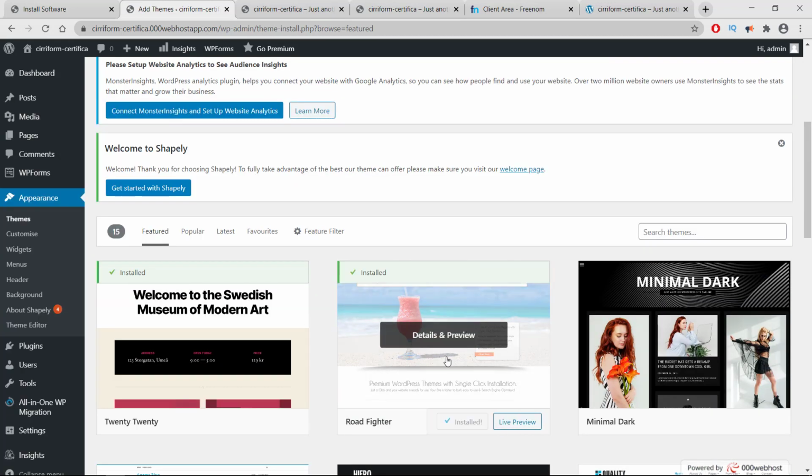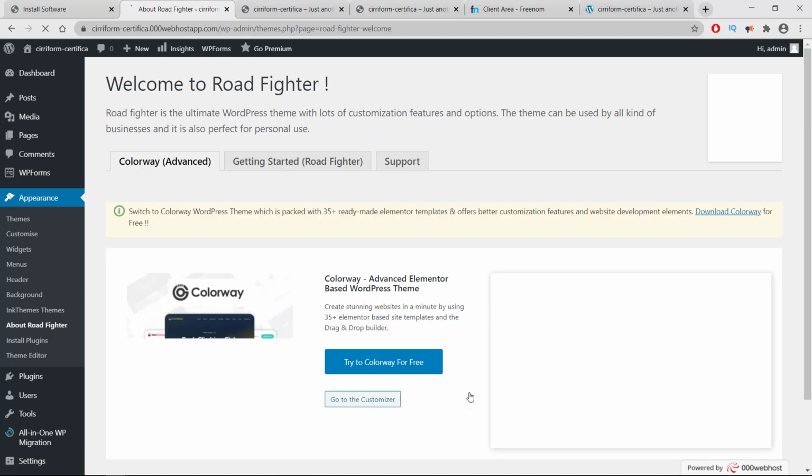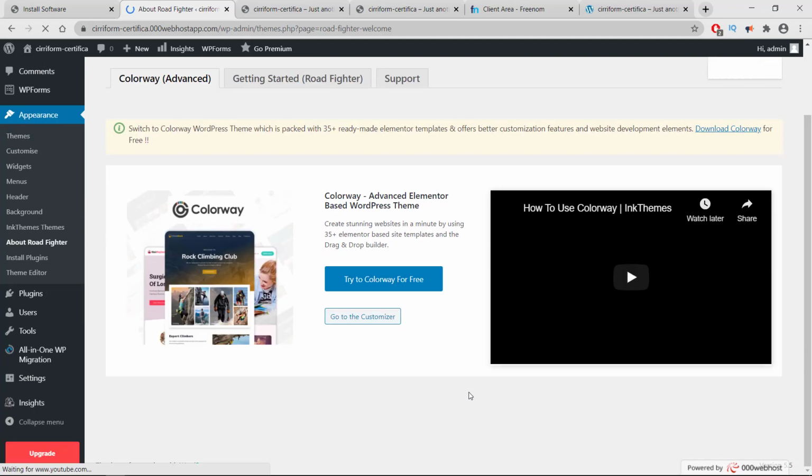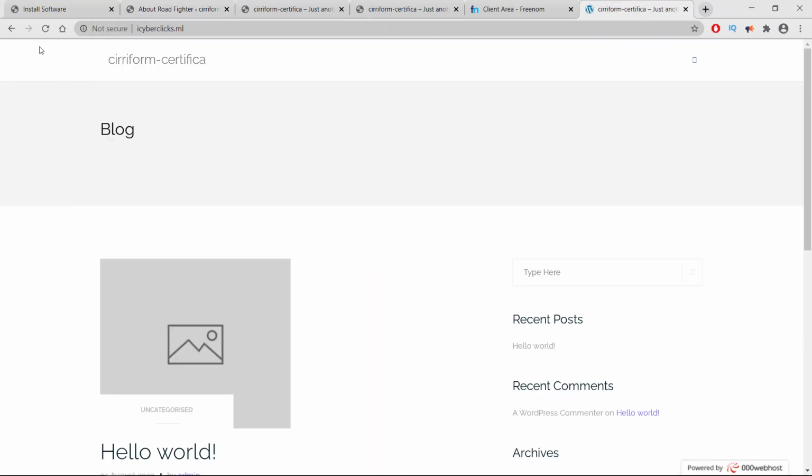This will be the default theme for both. So I'm activating this. Okay, my new theme is set up, and I'm going to refresh these links.